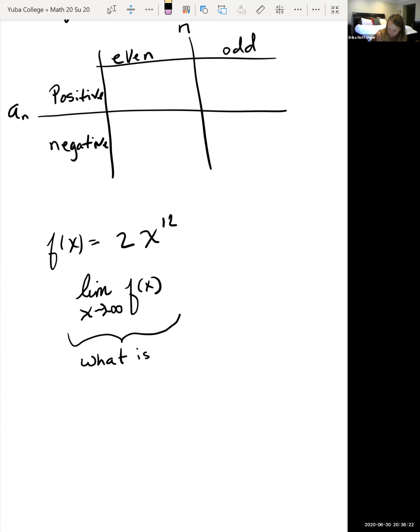Basically, this is going to equal, I want to get at it, a positive number. I don't care what positive number it is, but I know it's going to be a positive number. And as the absolute value of this number gets larger, this is going to be blowing up. And so our end behavior, when you have a positive coefficient, as x goes to negative infinity, you're going to see that your graph is going upwards